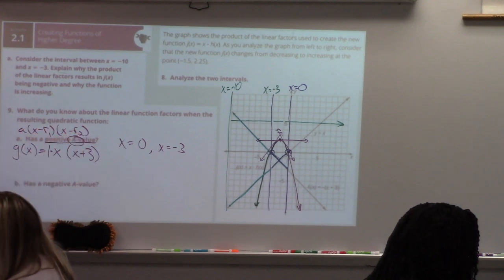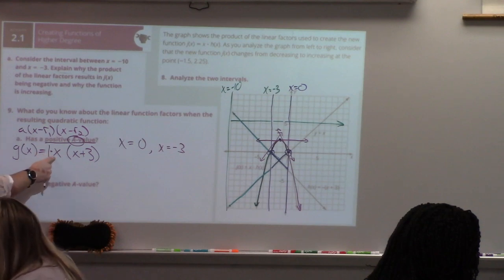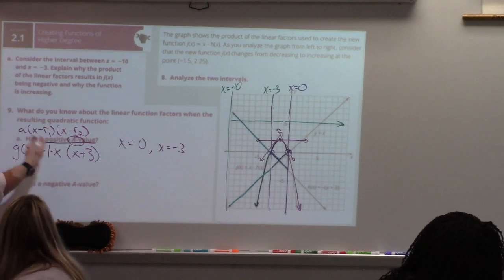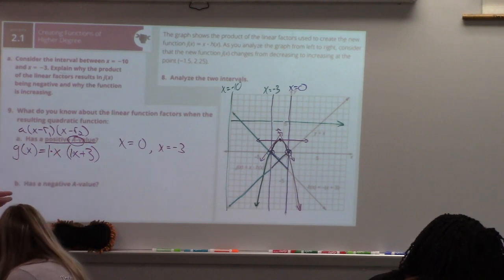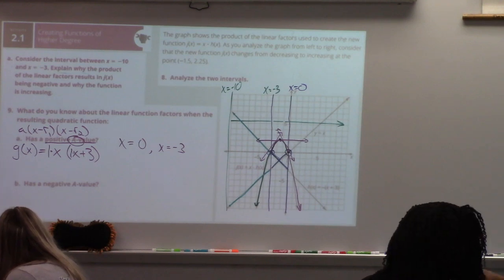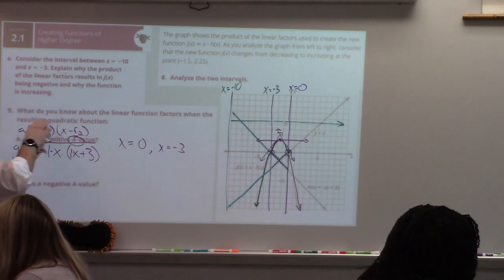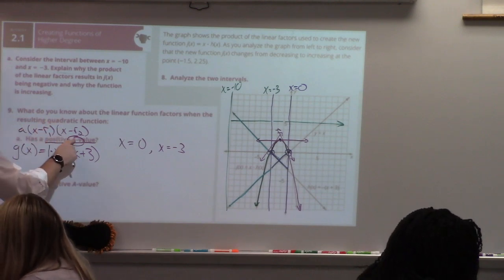Yeah. Right? So, if I look at the coefficient of x, it's a 1, that's positive. If I look at the coefficient of this x, it's 1, so it's positive. And what's a positive times a positive? It's a positive, right? Is that the only way to get a positive a value though? No. How else could we get it? A negative times a negative. So we want to recognize if we have a resulting quadratic function, in order to have a positive a value, either,